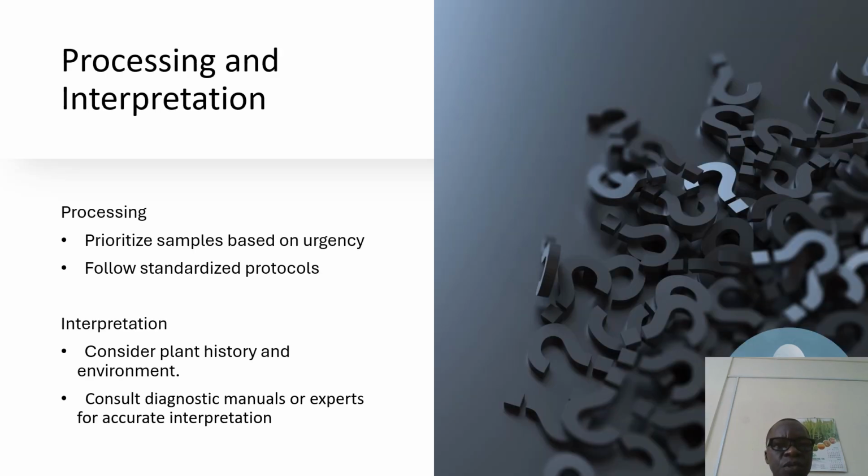And in processing and interpretation, priorities must be given to samples of urgency. And of course, you have to follow the standard protocols for processing. You have to consider the plant history, the environment, and the plant species and the type of symptoms, even in your diagnosis. And then, of course, there may be need for you to consult diagnostic manuals or experts for accurate